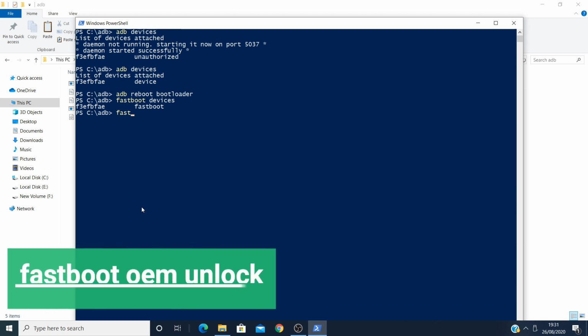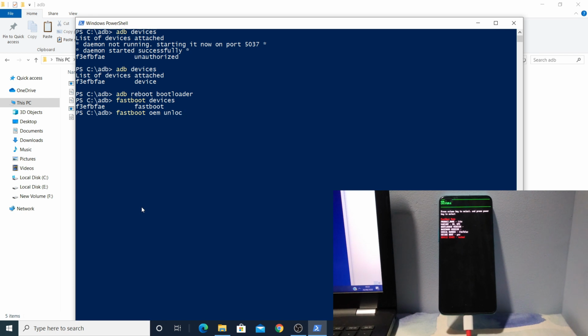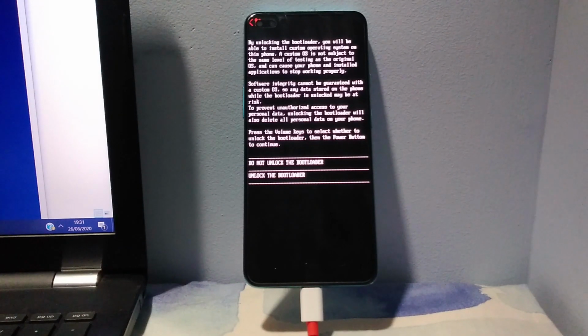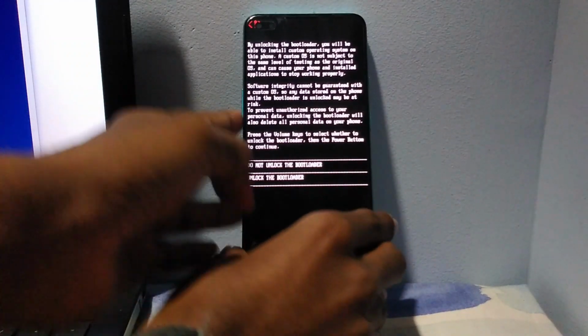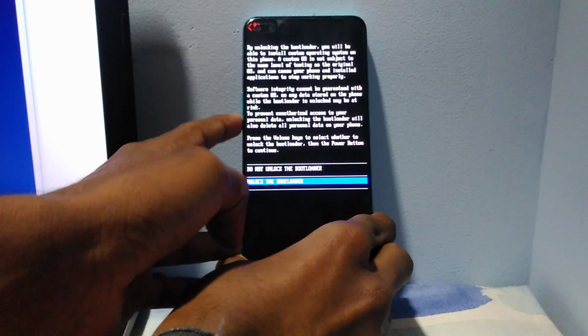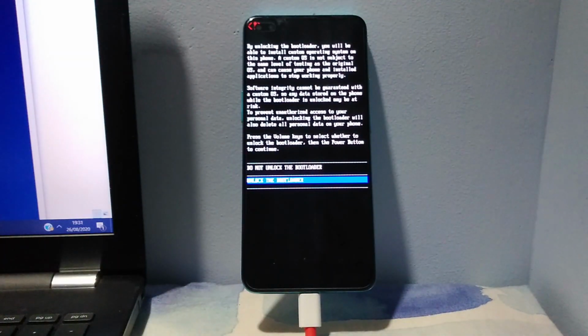Here comes the final code to unlock your phone's bootloader: fastboot oem unlock. Use volume rockers and power button to navigate. So press volume down 2 times and then press the power button.